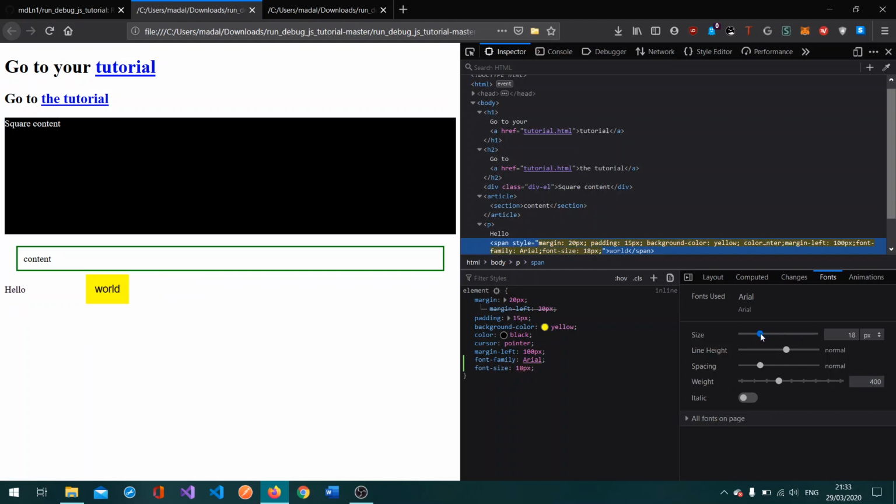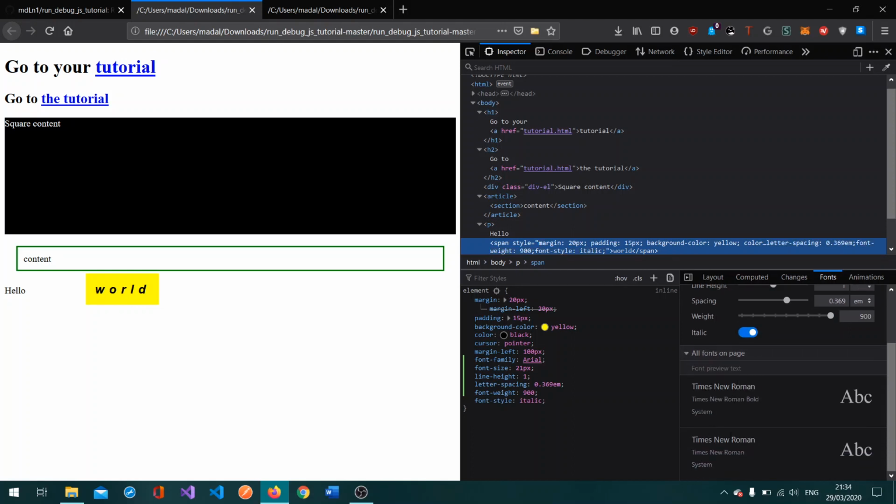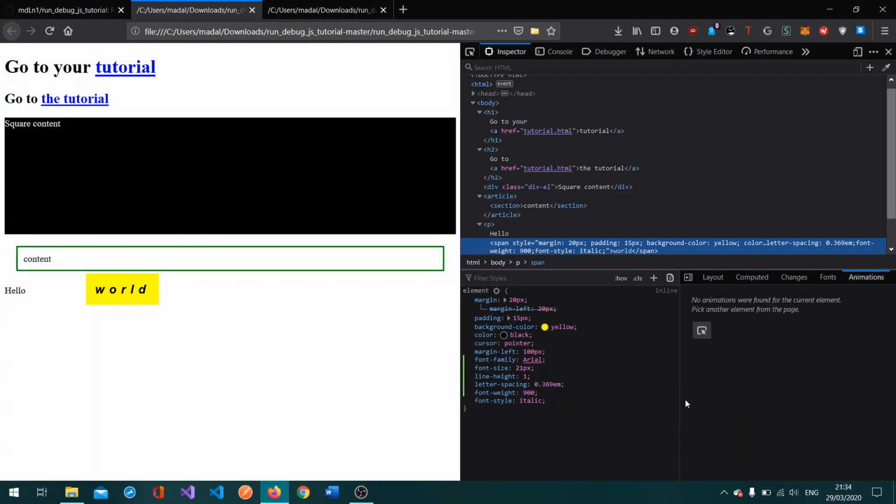You can increase the font as much as you like. The line height, the spacing of the letters of the word, the weight. I can make it bold. I can make it italic as well. All these things. I can check all the fonts on the page, and then animations. So I can also do other different things, such as using pseudo classes, for example, with anchor